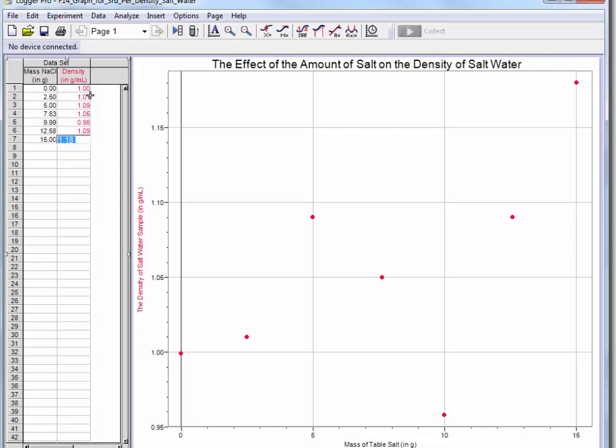Who's the captain for group 6? 1.107. You didn't round off properly. You need to round off to 3 digits. Okay? All right. So, looks like group 3 and 5 don't have very good densities here because this should be